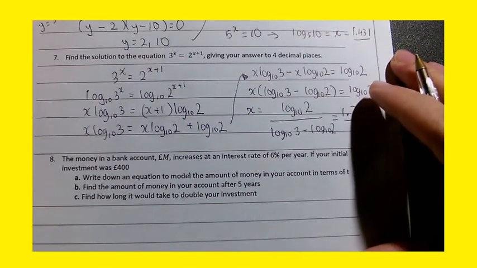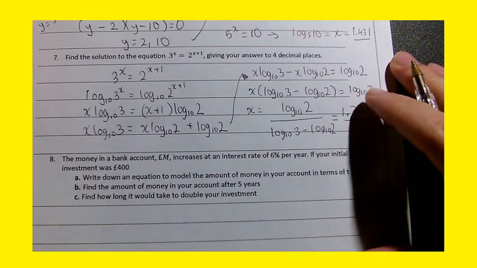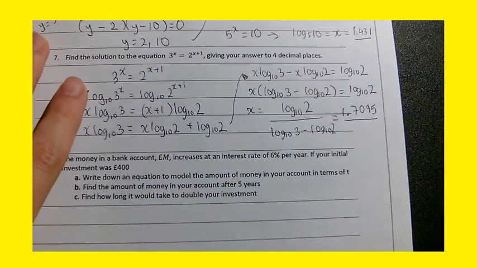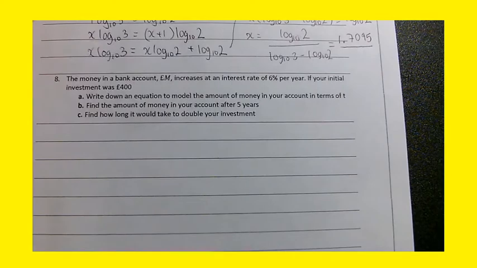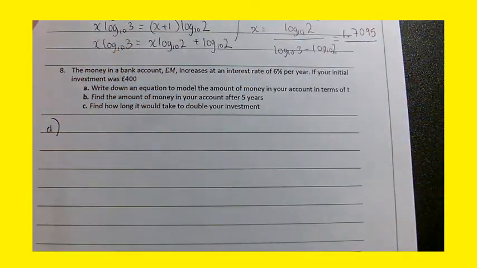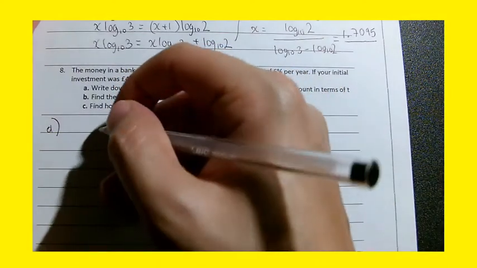Right, final question on the sheet, and as you can see, we've used the laws of logarithms quite extensively. We've got a situation here where money is being invested in an account, and it increases at an interest rate of 6% per year, with an initial investment of £400. Write down an equation to model the amount of money in your account in terms of t. So M,